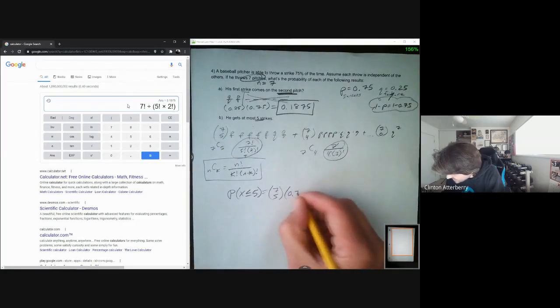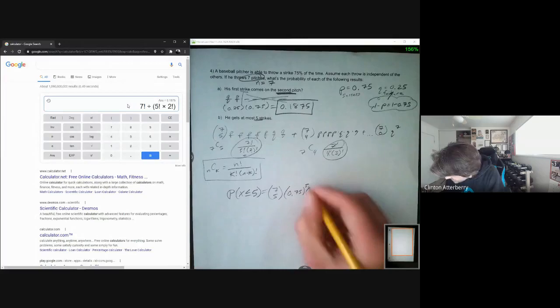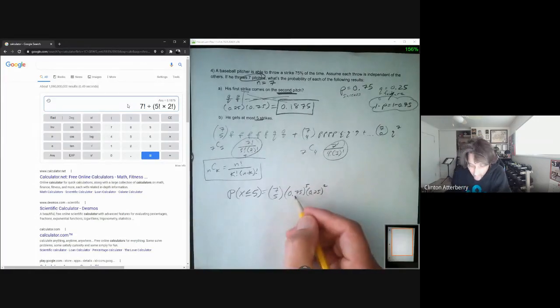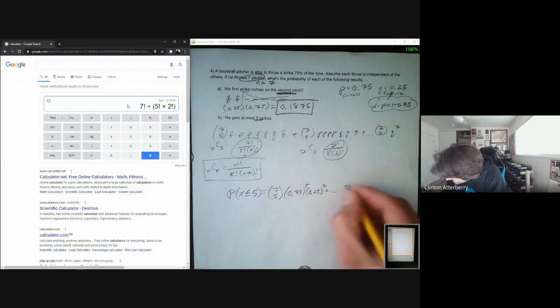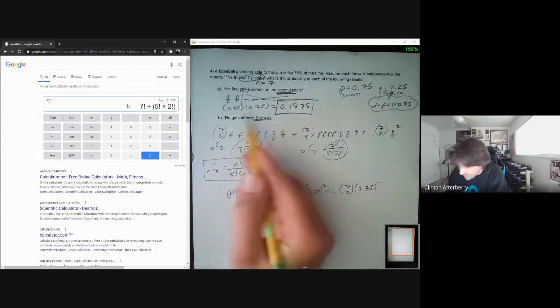So it's the success to this power times the failure to the remaining, right, 5 strikes, 2 balls. But you got to remember, it's not going to be in that order. I mean, it might be in that order, but you got to consider all the different combinations. And you're going to add that all the way down to 7 choose 0. And then the success is going to be 0, no successes, right? Because no strikes would fit this thing,